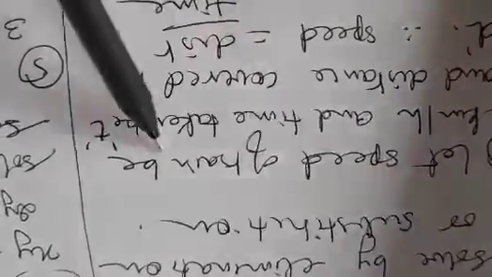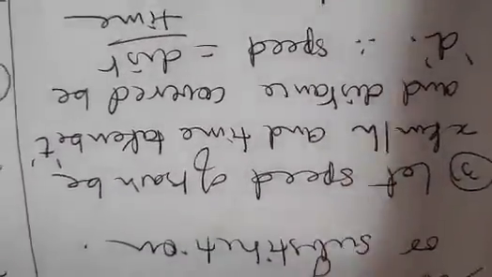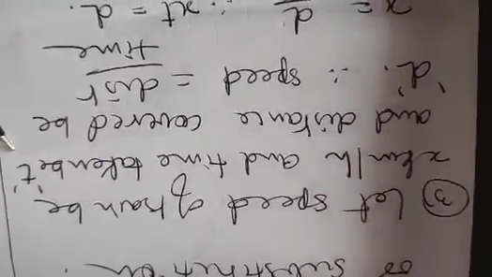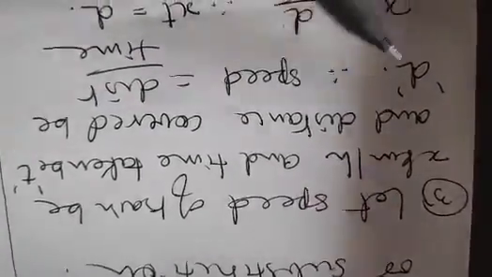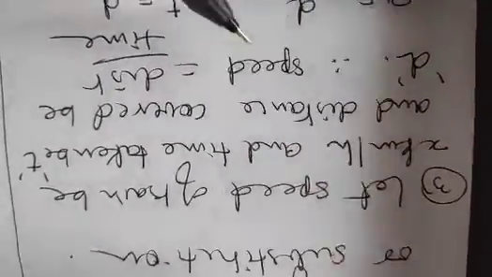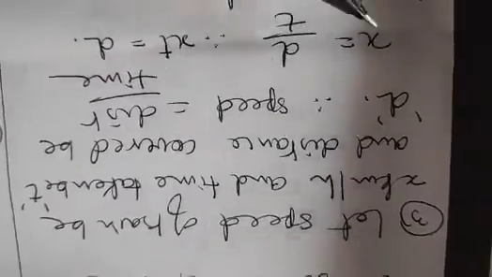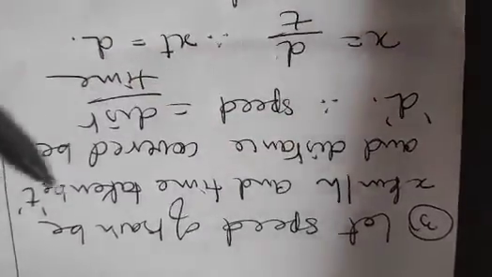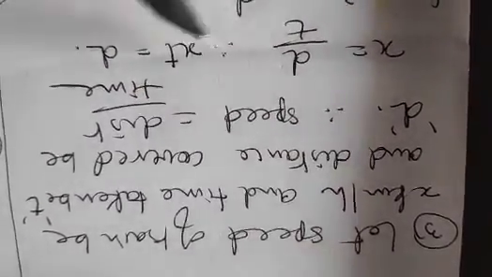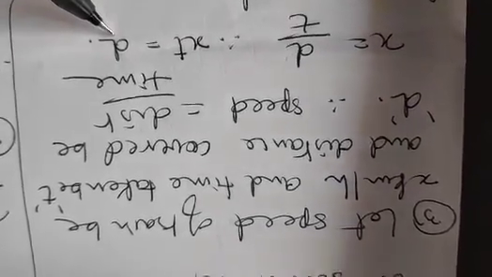So here 3 things are there. One is about the distance, the speed and the timing. So we will assume and work it out like this: the speed of the train be x kilometers per hour, the time taken be t and the distance covered by it be d. Now the formula is speed is distance by time. So with speed x, time t and distance d, xt is equal to d. You will get an important statement.